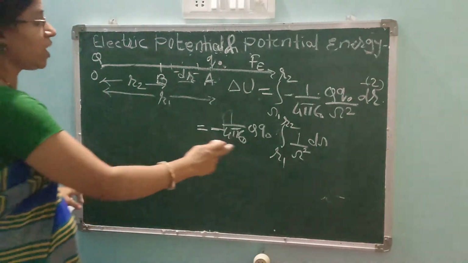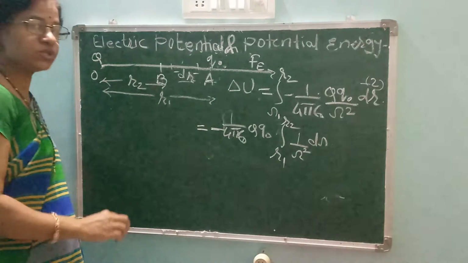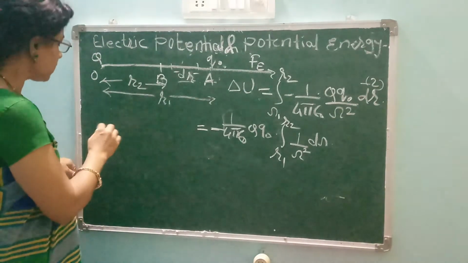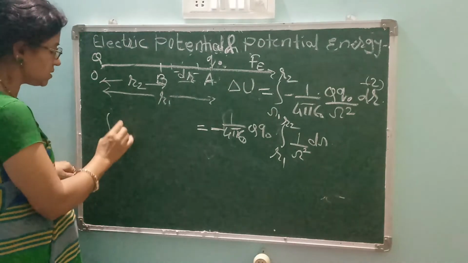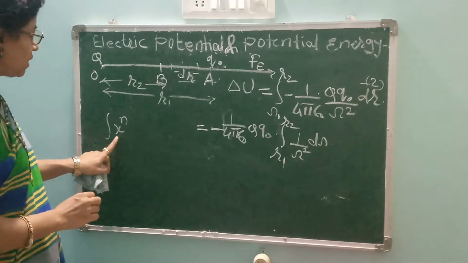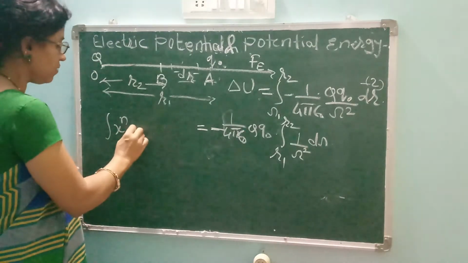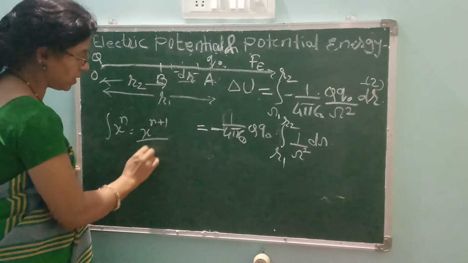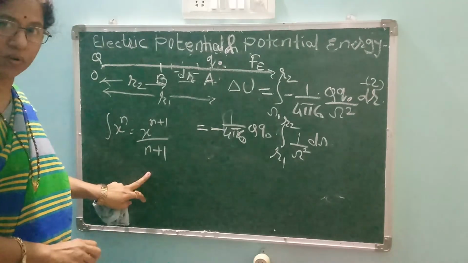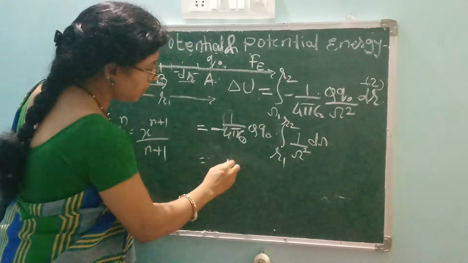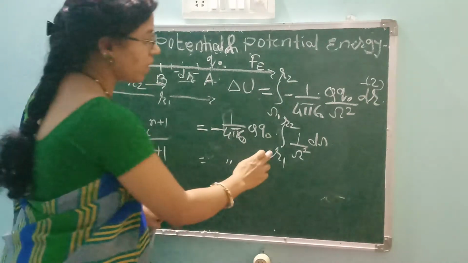Now next we have to integrate this. Now students, in the maths you have seen the differentiation and the integration. For the integration we have the formula, integration of x to the power n, and that we will solve, that is x to the power n plus 1 divided by n plus 1. Okay, this is the formula. If we apply here, now see it will be same. Now we have to integrate.